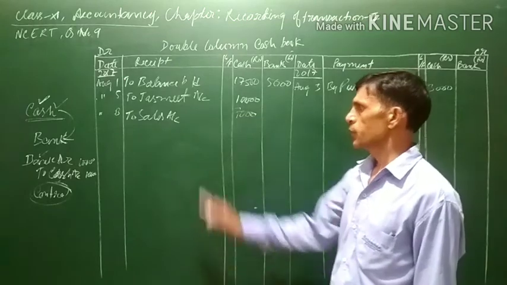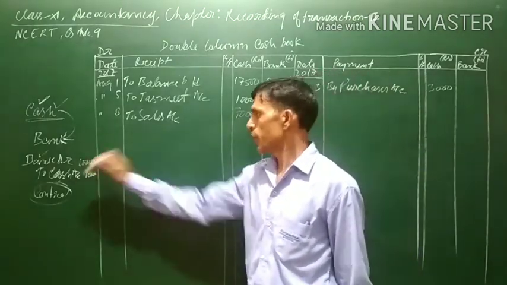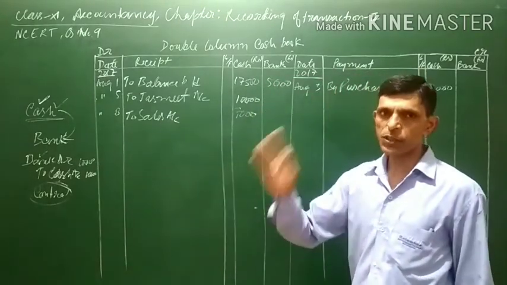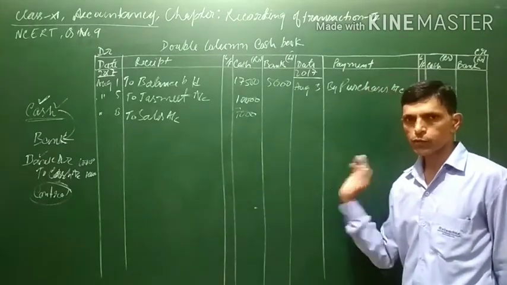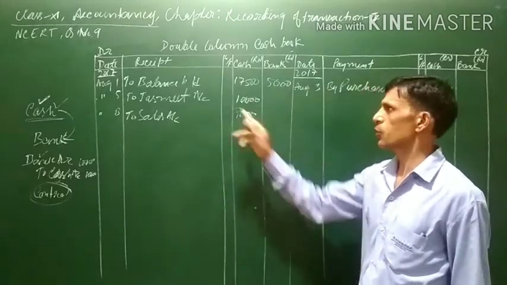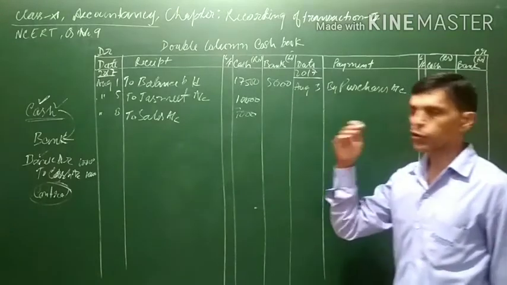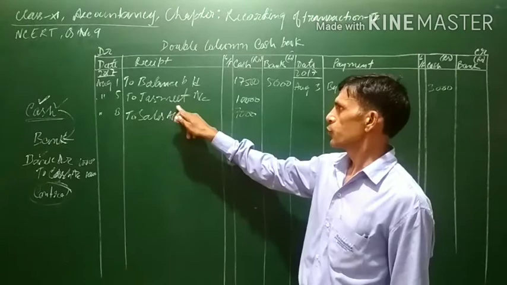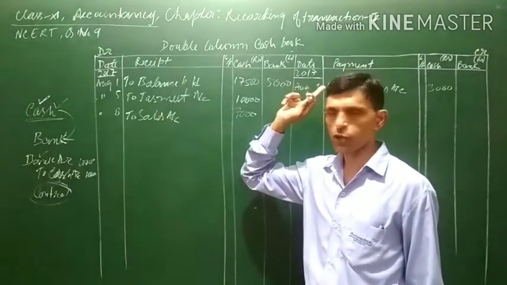This will be recorded in the cash book, which means it will be debited as well as credited. Both the debit aspect and the credit aspect will be written in the cash book itself. So this entry will not be transferred to any other account, because all the remaining entries which we have written here will be transferred to their respective account, that is to Jasmeet account.